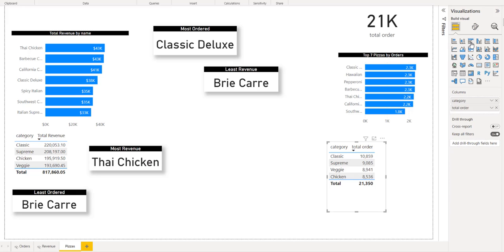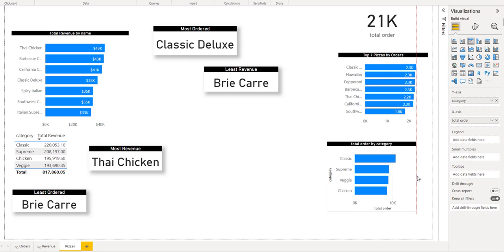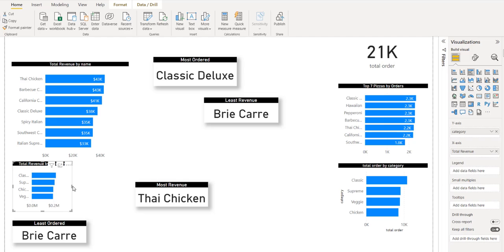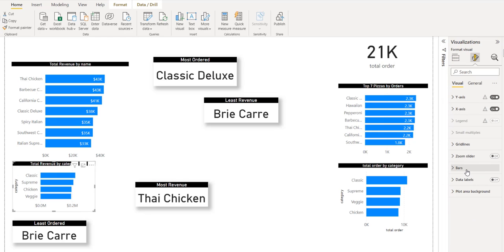This is by category. If you want, you can do something like this. So I can just click on it manually, and then I can change that to inside end. If I come over to data labels, turn it on, and then change it to inside end. You also see some grid lines there, so I can turn off the grid lines, and then you would see that we have